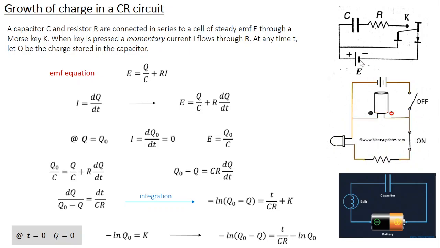So battery drives current through the capacitor and the resistor. On the other hand, when you release the Morse key, so basically the T goes up and touches this point, and this T comes in contact with this point as shown in this figure. So there is a gap here. In other words, the battery is removed from the circuit.